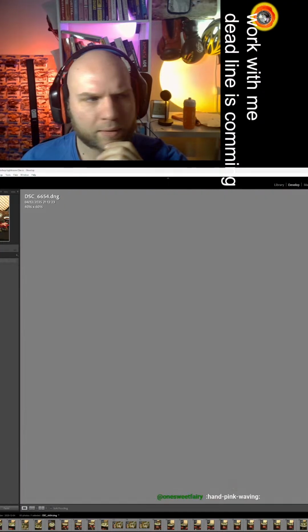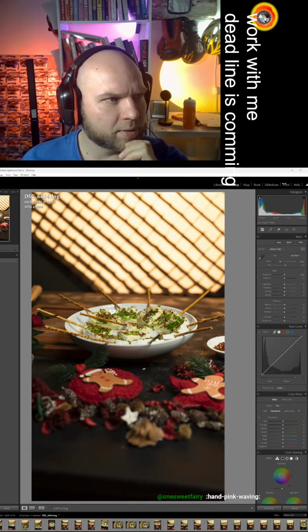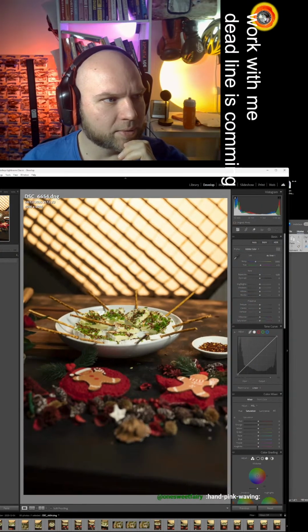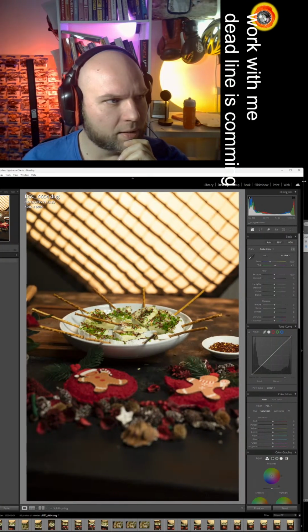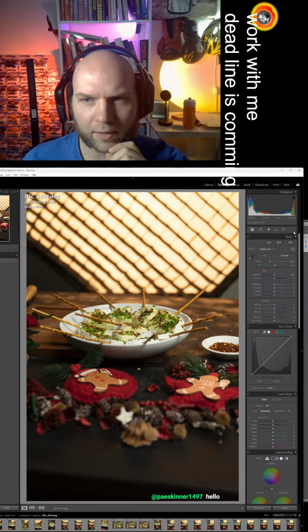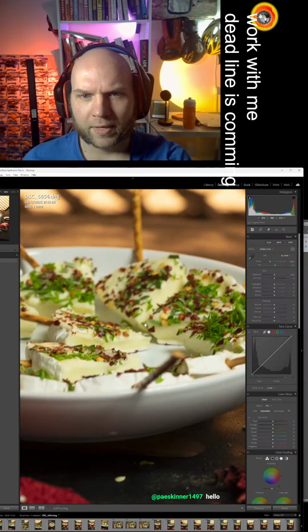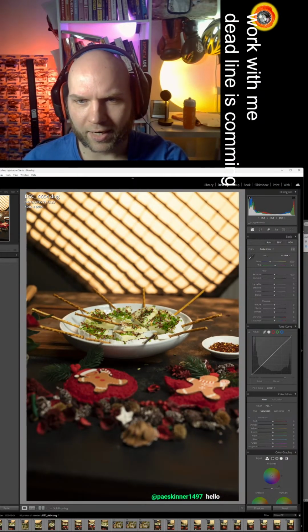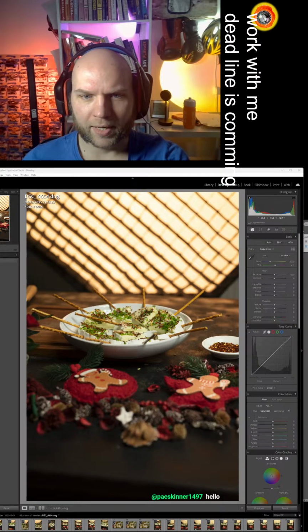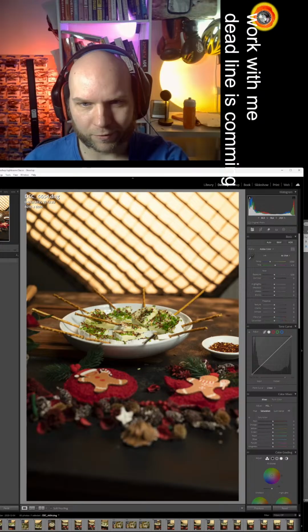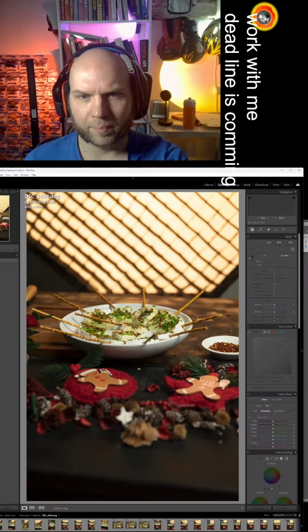I can make this a little bit smaller so you can see all the settings. These are raw photos straight from the body, and let's choose a few good photos, and we will edit them.